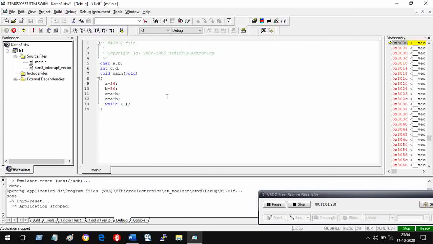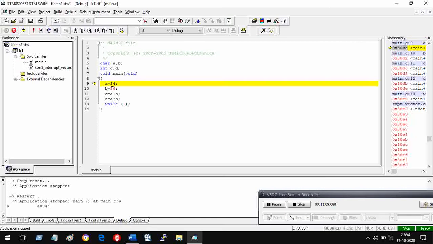So the information has gone into my device and I will reset it. When I reset it, as you can see, it has come to the first entry of the main void. You have come to the first entry.